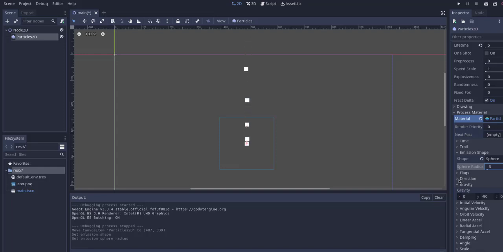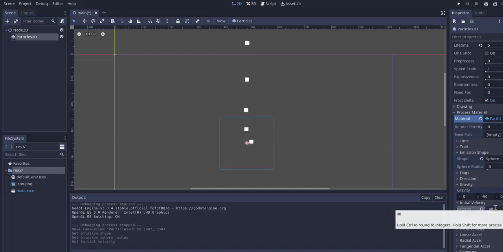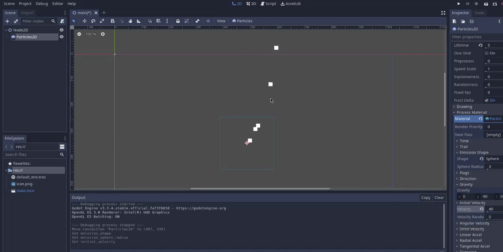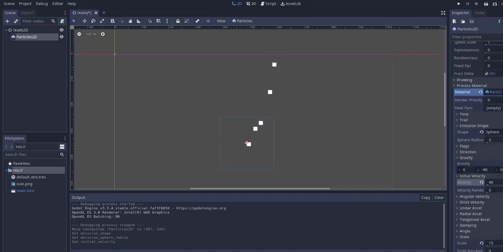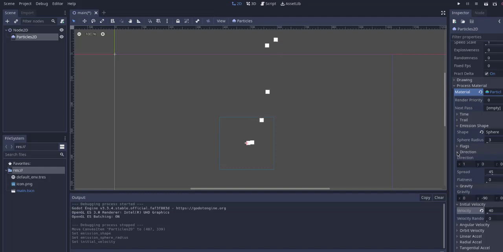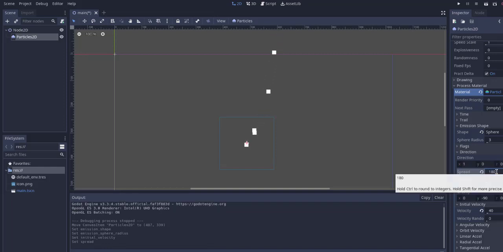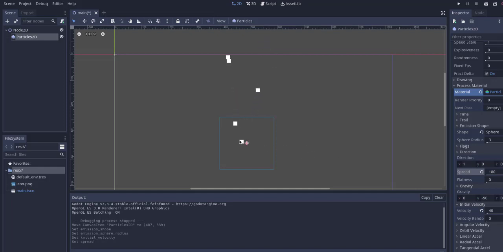Then you have a few things to change like initial velocity, right, where we can change the value to say 40, and you notice that it moves a bit towards the right, so we can change that with direction speed, right? So let's go with direction speed and let's do 180 here, right? And you notice that the spread is going a bit random,